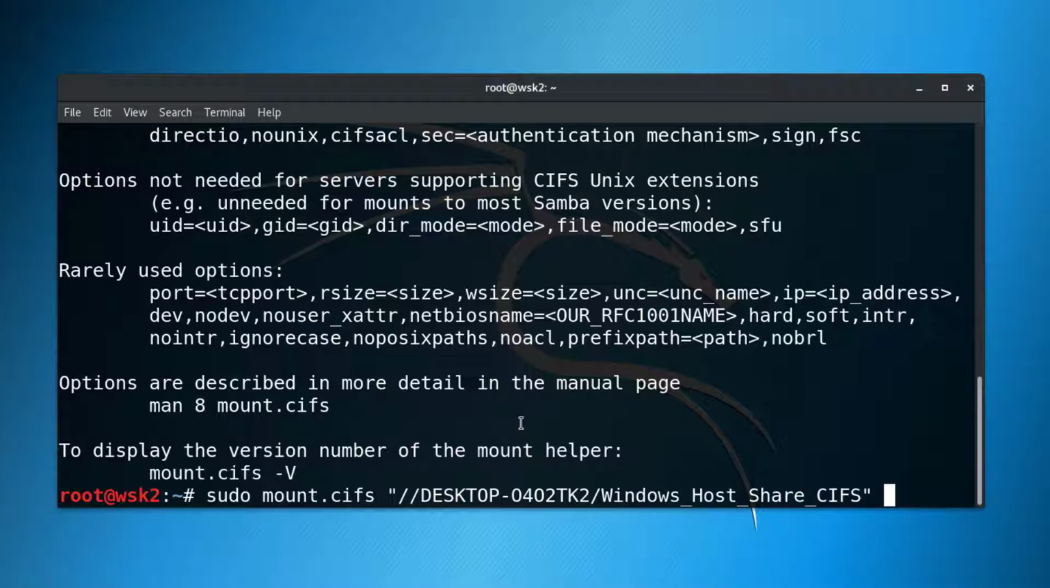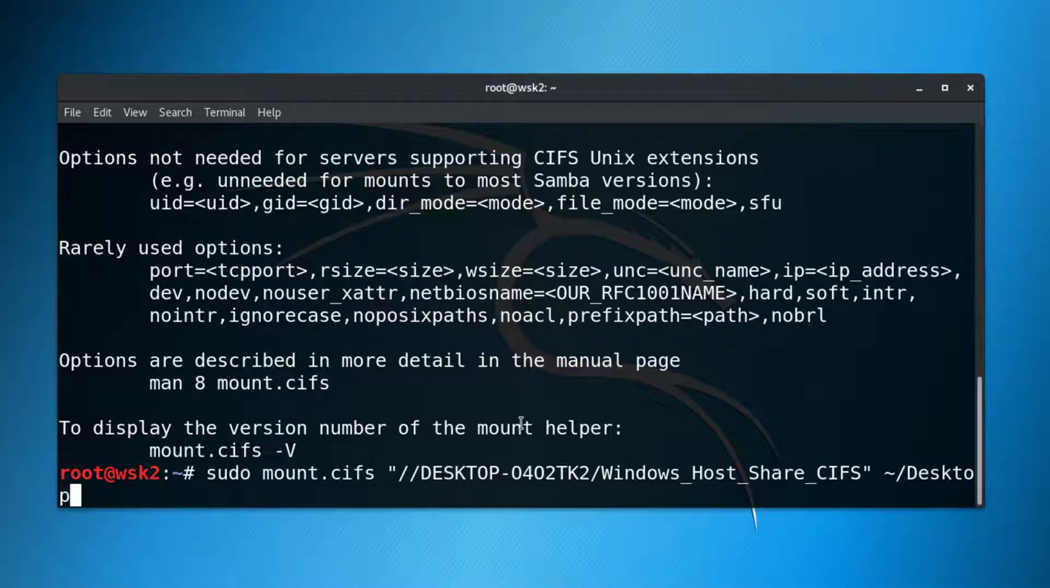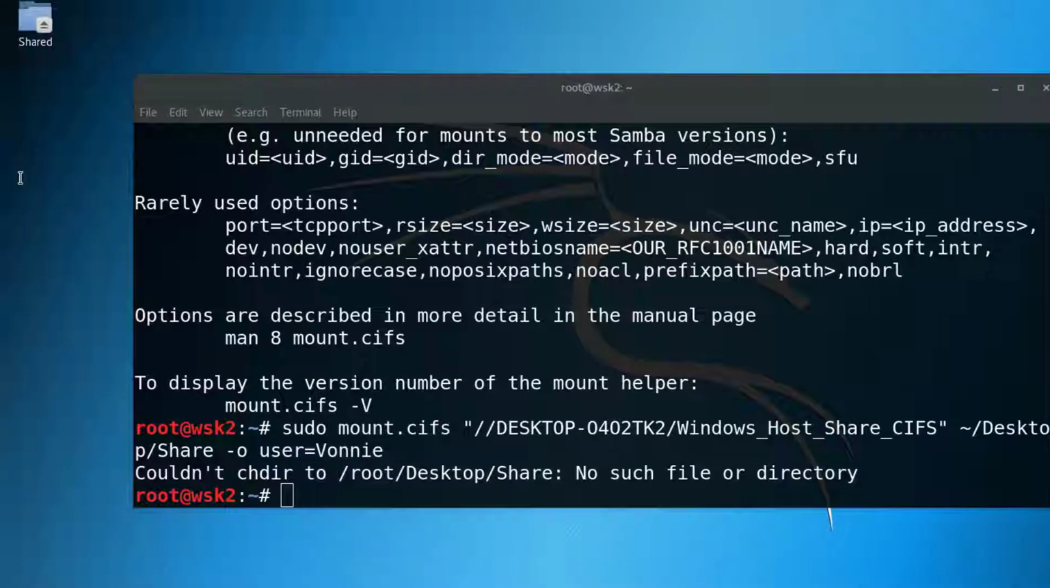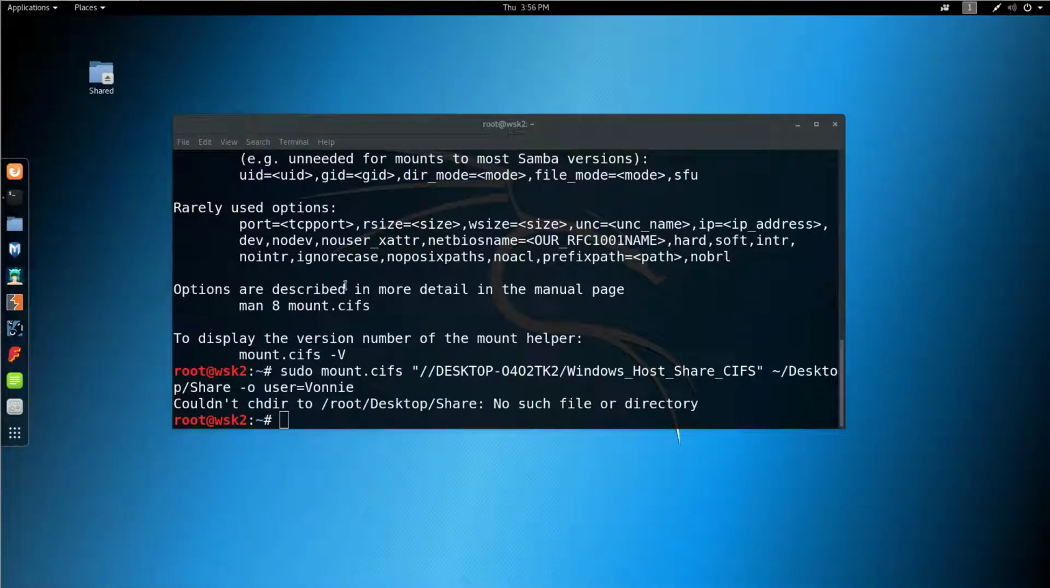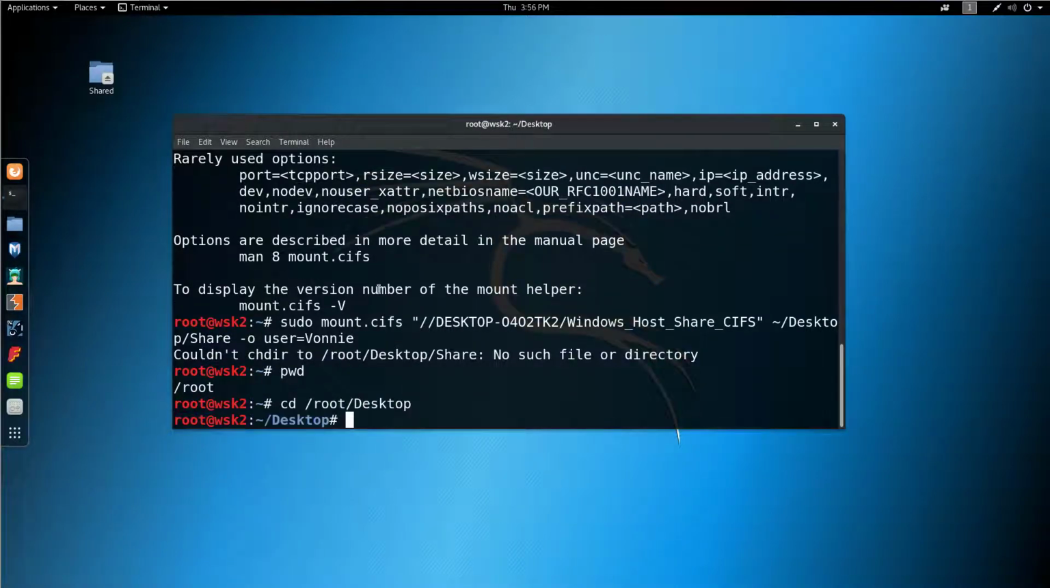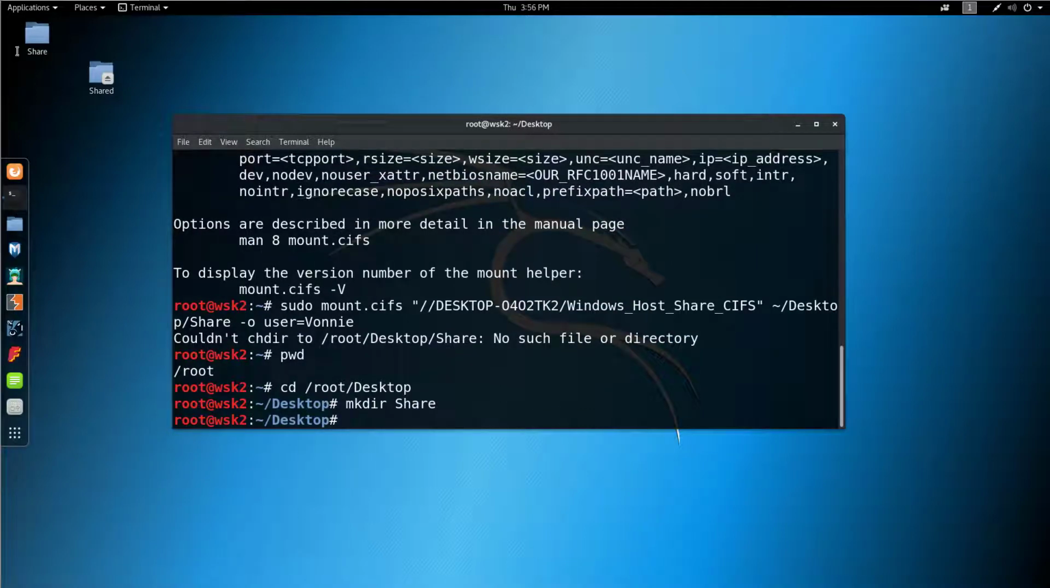And then I'm going to put this on the desktop in a folder called share. And the user is Vani. This is my Windows username. Okay, no such file or directory. Cool. So this is probably where I need to create the directory. So I'll say, which directory am I in right now? Okay, cd root desktop, make directory share. Okay, now I've made the directory, you can see right here. And now if I go back up,